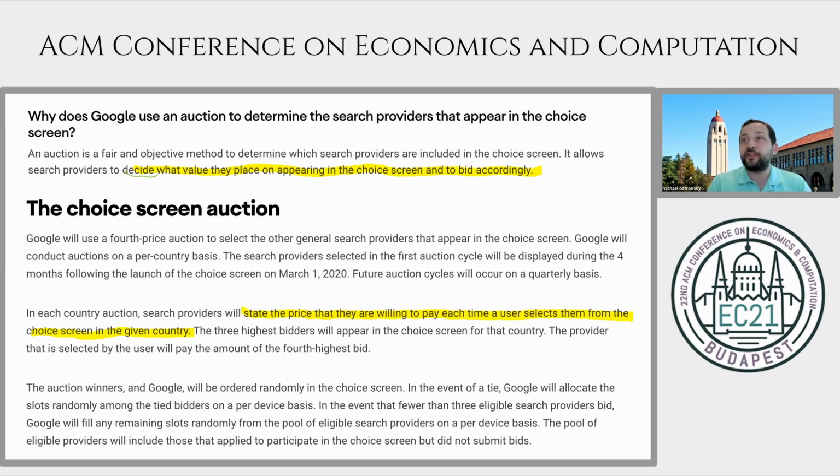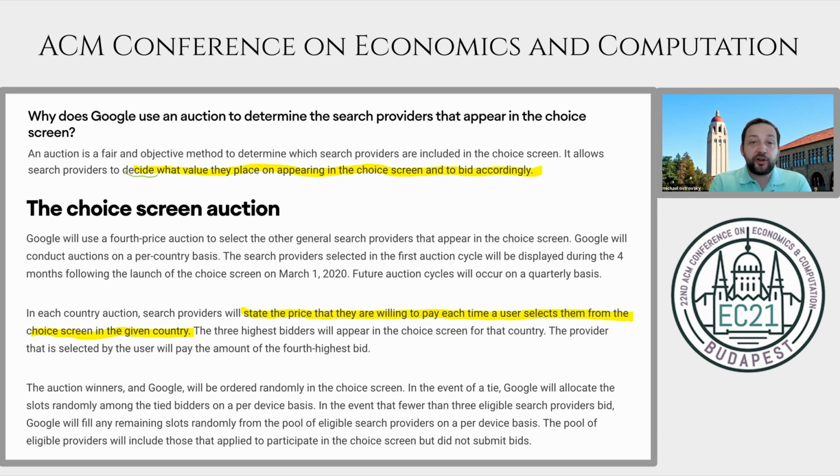All right, and then the winners are going to be ordered randomly. So once you're a winner, it doesn't matter whether you're a top bidder or a second highest bidder. And in fact, this is an incentive compatible auction, right? So I'm sure all of you are familiar with the idea of the incentive compatibility of the second price auction. In a single unit case, it's the same thing here. We have three highest bidders win, pay the bid of the fourth highest bidder. So it is incentive compatible to bid your true value.